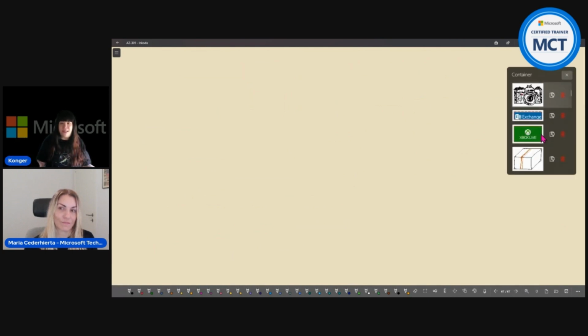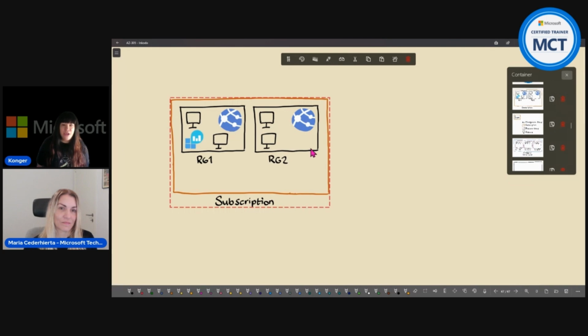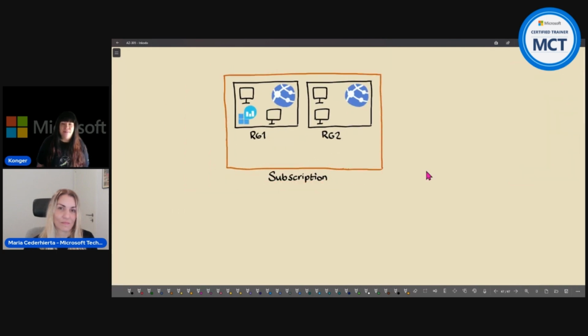What language is the language of the cloud? Does anyone know? I'm looking over at my chat here. The language of the cloud, when you want to create scripts, JSON, you got it. So whenever you're working with policies and even custom RBAC roles, you're going to be working with JSON, right? And Azure policy is essentially a JSON script. Everything in Azure has what we call